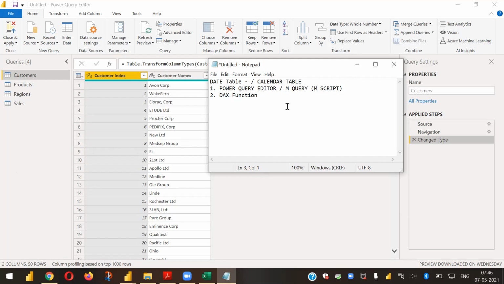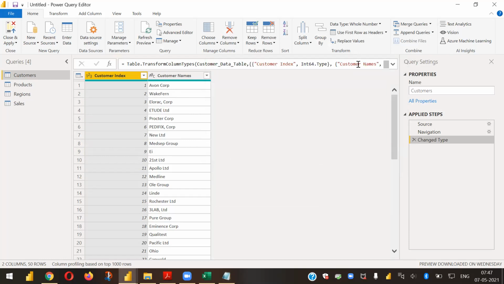So for the Power Query Editor, we need some M script. You need not memorize this M script. You need not know anything of it. All you need is a copy of it with you. Even though I've been working on Power BI especially for the past 4.5 years, I never remember the script. I just copy paste it. I have it handy and I copy paste it. That should be fair enough.